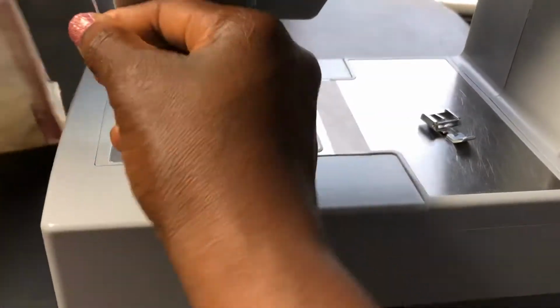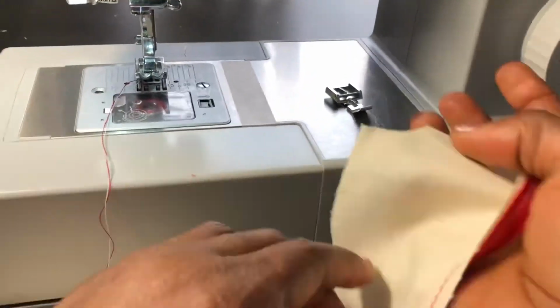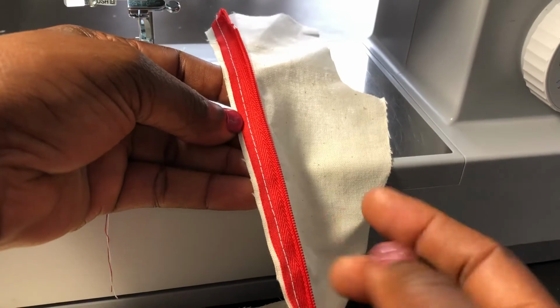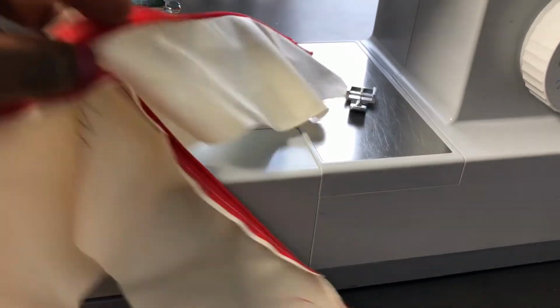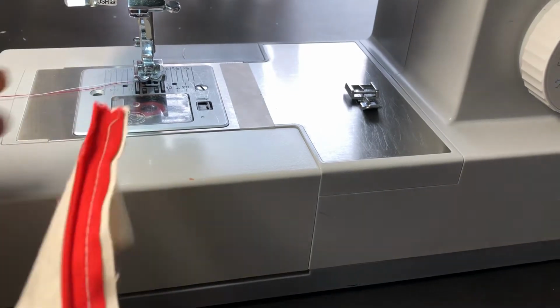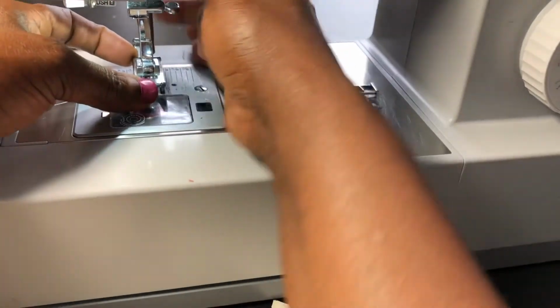Now, this particular basting stitch, or you could use a regular machine stitch for that. It's just replacing the pins so that I'm not having to deal with pins while I'm doing my real stitching. And now I have to change the zipper